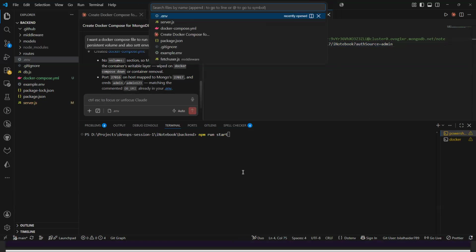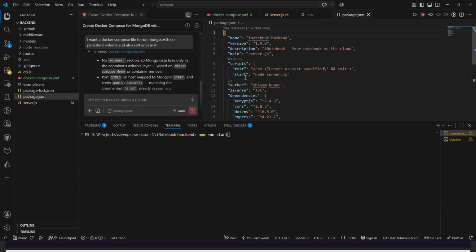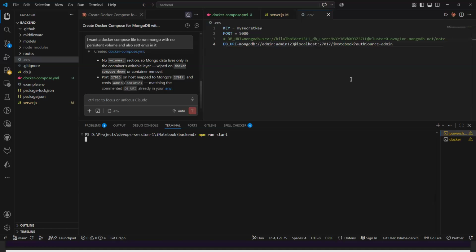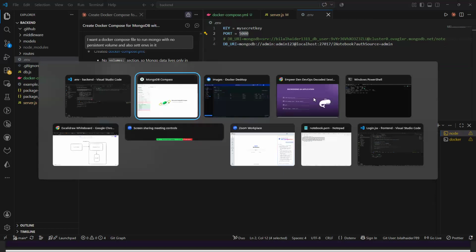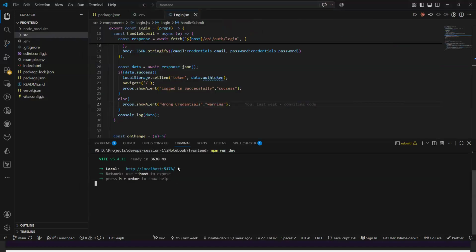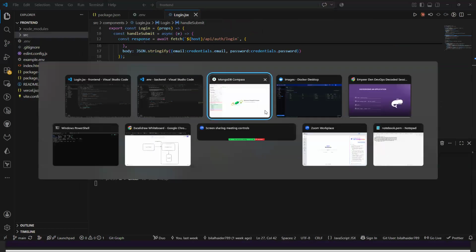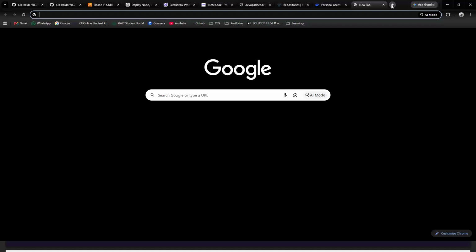I think this was the command. Yes. And it is started on port number 5000 as we have declared in our env file, and it is also saying that the db is connected. So if I go to my frontend repo, I think it is already running on localhost 5173. If I open this,